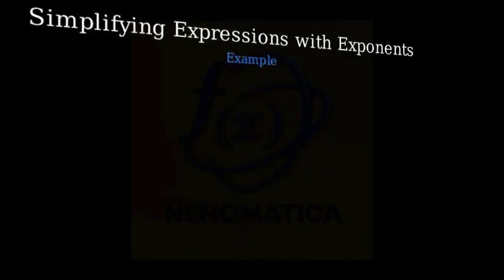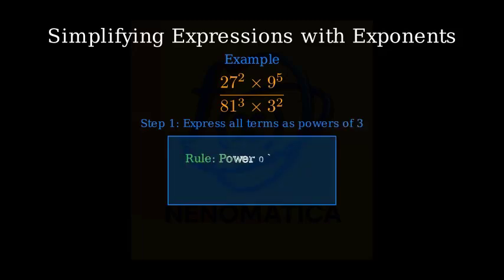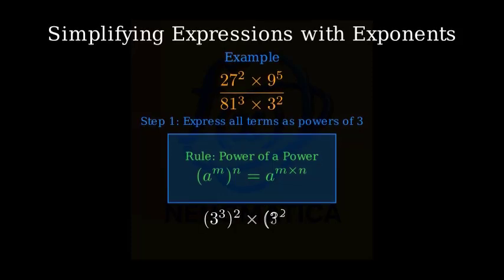Let's look at our next example. We need to write the following expression as a single power with a numerical base. To simplify this expression, we'll first convert everything to powers of the same base. Looking at the different terms, we can see that 27, 9, 81, and 3 are all powers of 3. 27 equals 3 cubed, 9 equals 3 squared, 81 equals 3 to the 4th power, and 3 is already in